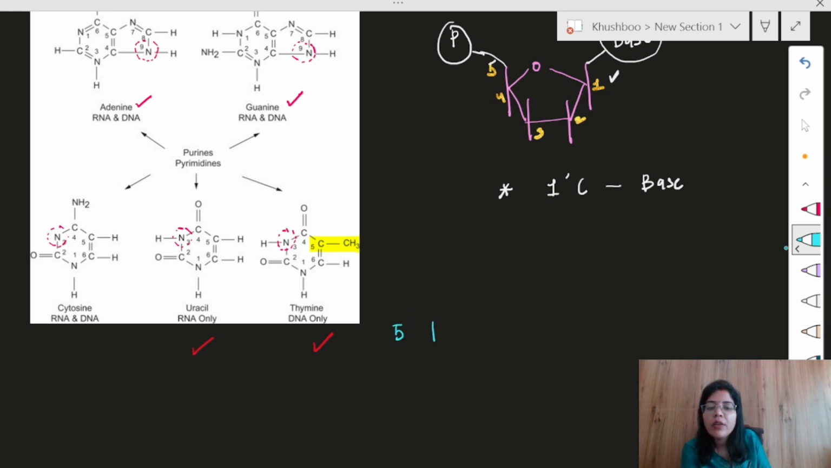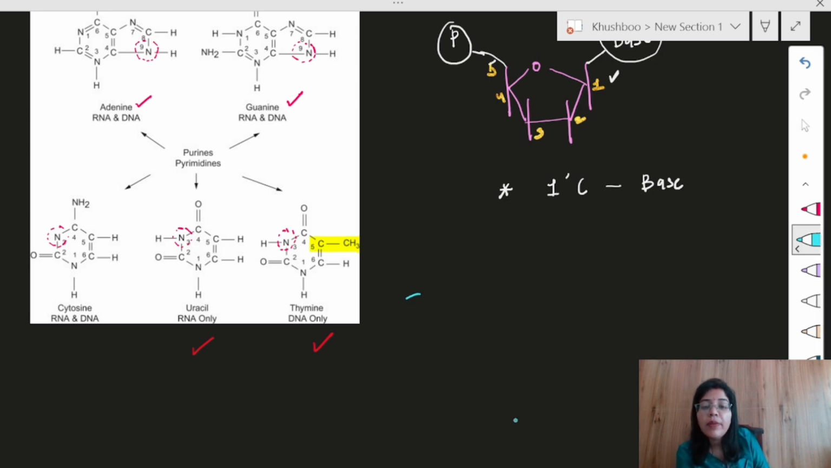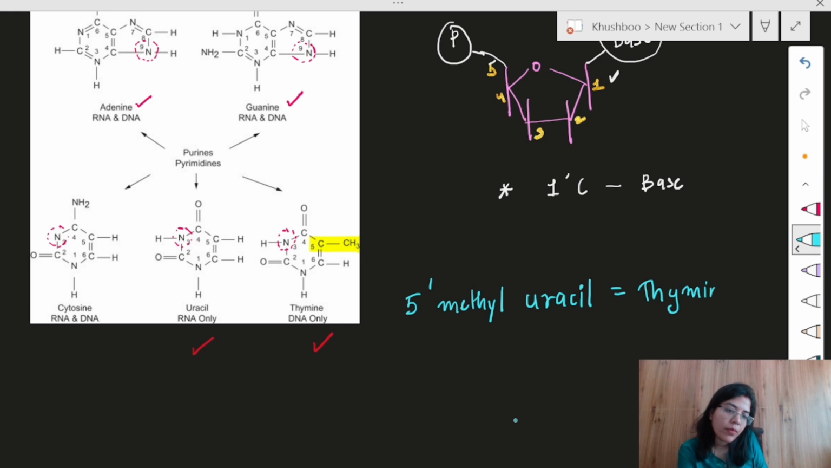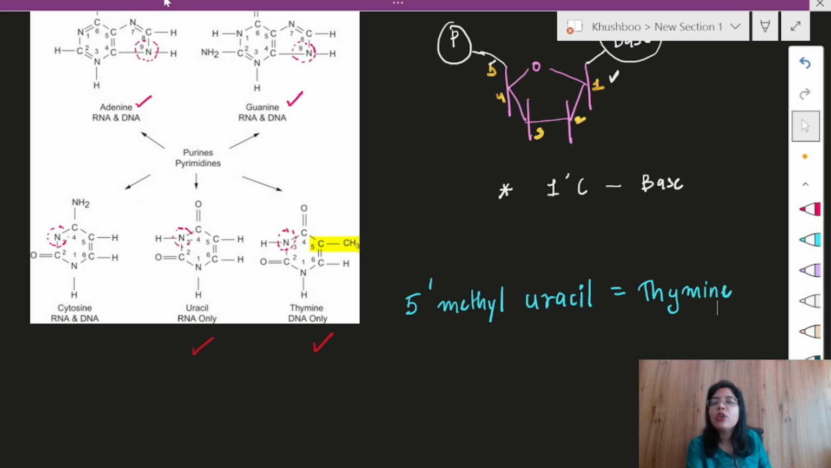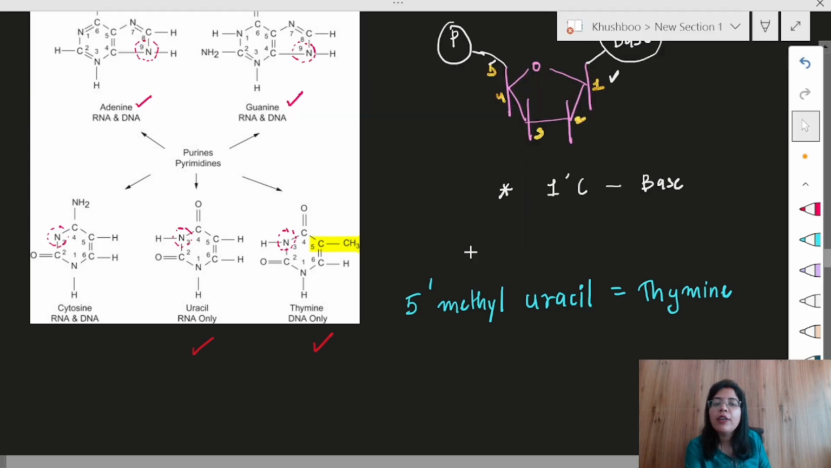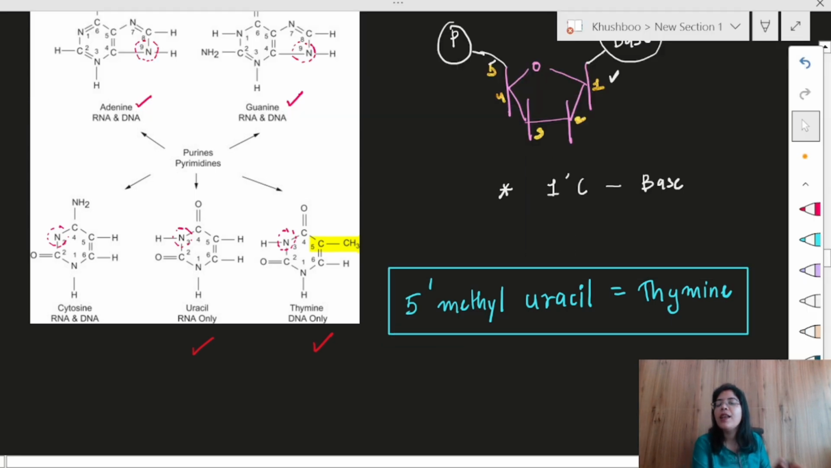5 methyl uracil equals thymine. Okay, this you need to learn. What you need to learn? You need to learn that if you attach a methyl group at the fifth position in uracil,